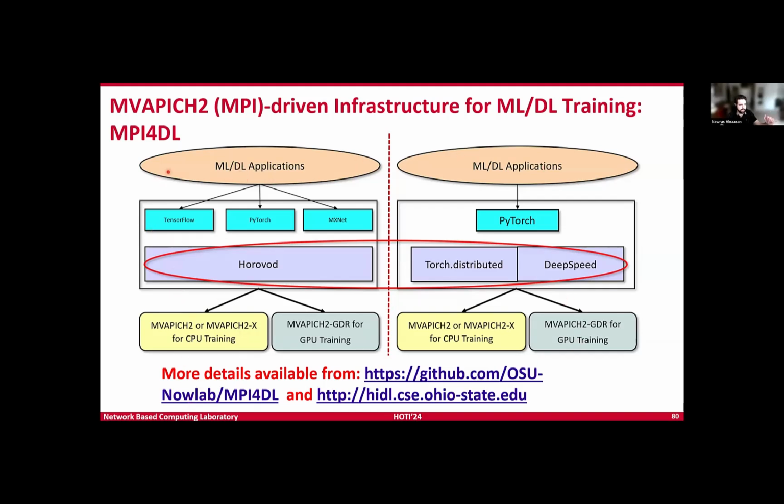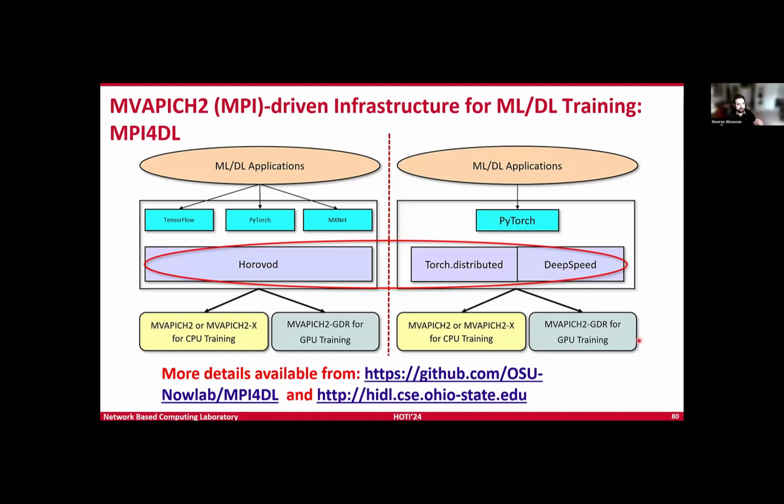But this is the high-level overview of the deep learning stack. We have the ML/DL application at the very top, and under it we have the different deep learning frameworks like PyTorch and TensorFlow. And then under that we have the distributed training middleware. Horovod is what we used for the previous lab. Torch Distributed is another very popular package. It is an extension of PyTorch itself, not a third-party library. And there is also DeepSpeed from Microsoft, which this lab will be utilizing.